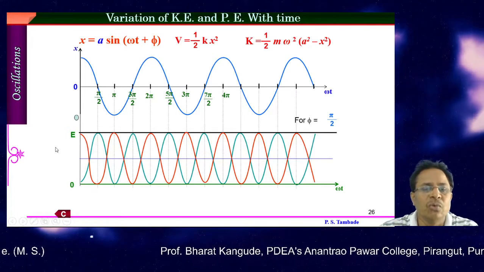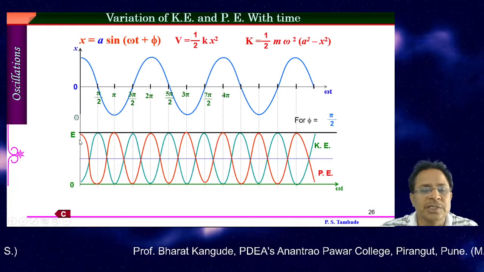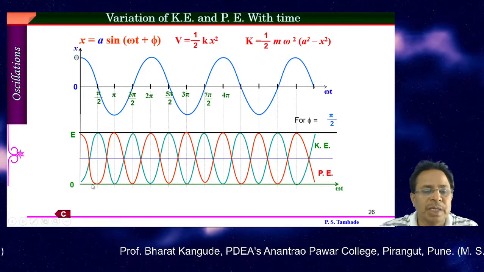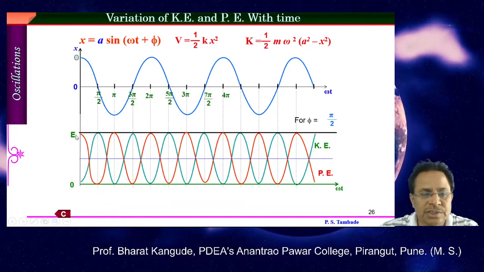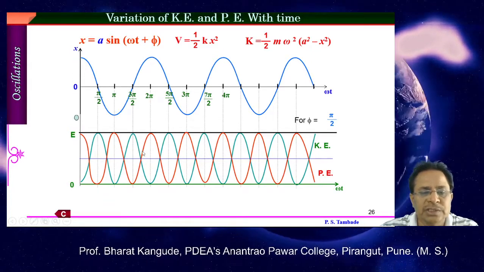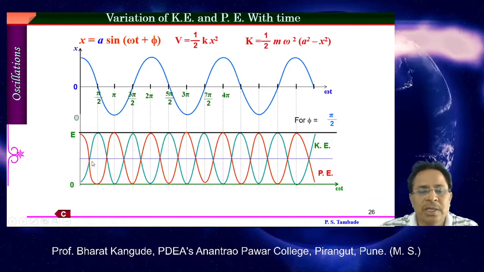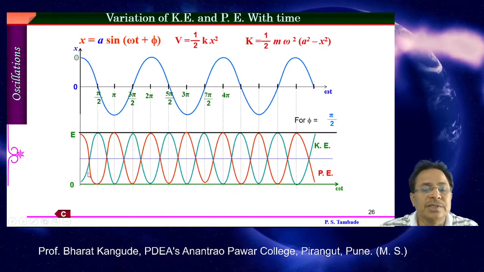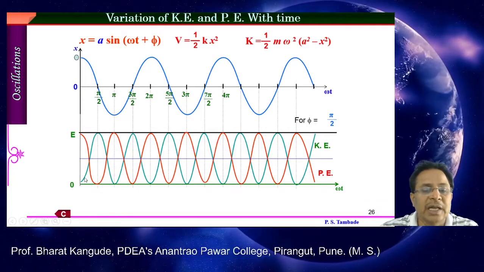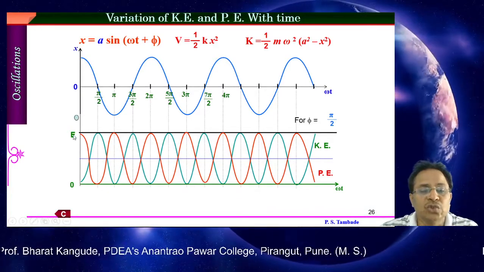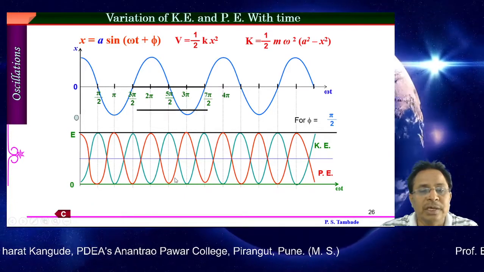If this is the path and I go for plotting the kinetic and potential energy, you will get this red curve as the curve for potential energy. So initially potential is maximum, minimizes, then increases to maximum, again minimizes, and like this. So this is the curve for the energy called the potential energy curve. Another curve is the kinetic energy curve. So this blue curve is the variation of kinetic energy, and at any time the addition of kinetic plus potential is always equal to E, shown by the capital E, the thick line shown here. One more important point we can understand here.